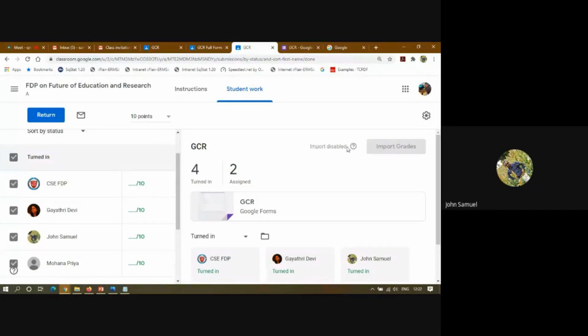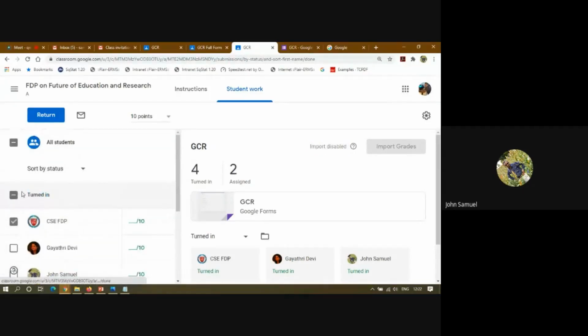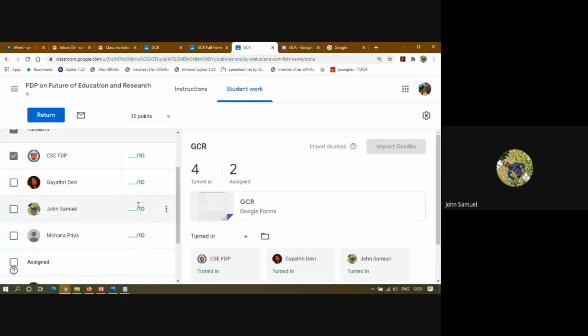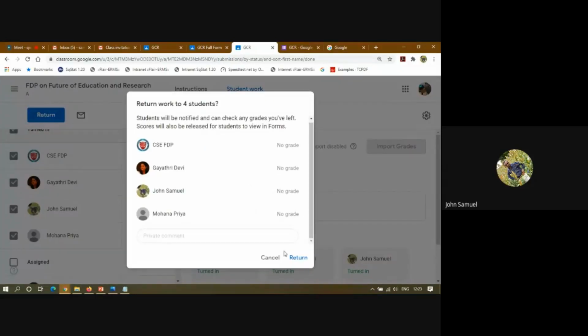Actually, I think for some users, import is disabled, maybe due to G Suite issues. Because here GSC, CSC FDP is the only person with a G Suite account, this error is returned. Otherwise, it will import the grade. If I return it, the mark will be updated here automatically, and after returning it, it will be shown to the student also.